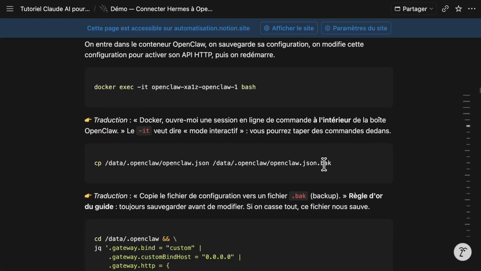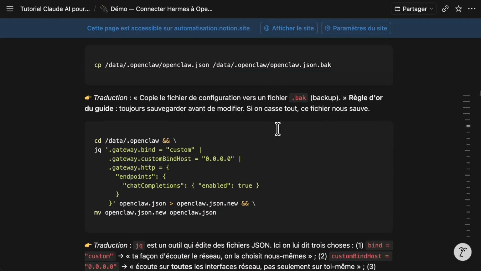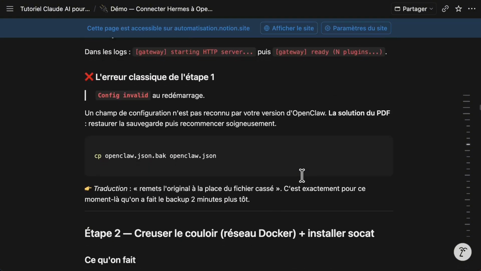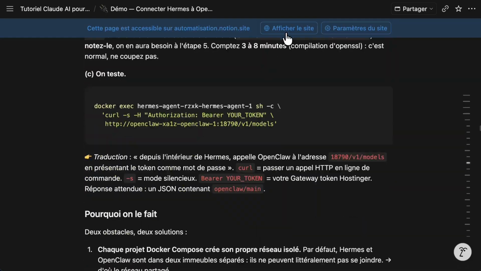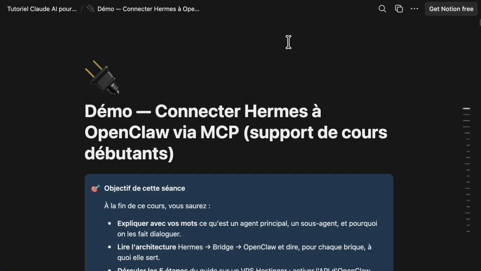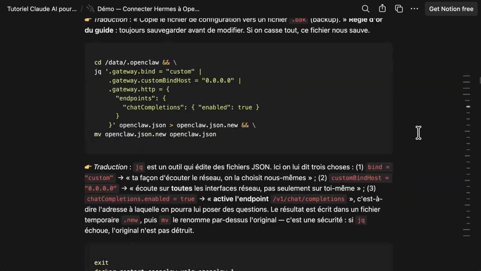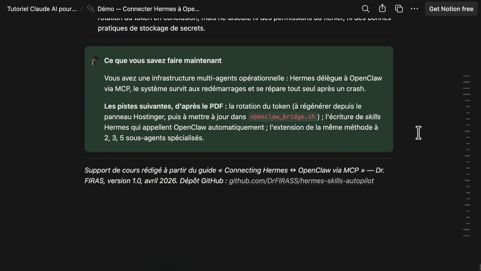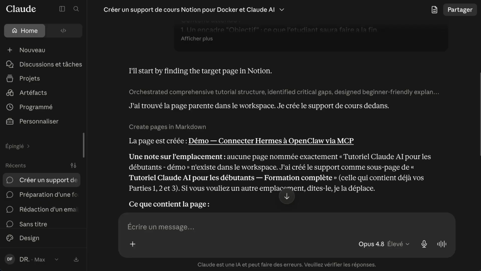I can see here that it explains everything in detail in French. That's exactly what I asked for, since the original document is in English. And what's really interesting is that I can click here to create the web page, and this one I can share with anyone, whether it's a client, students, or simply as a resource in my training. So as a result, it's really important. In fact, it's this connection between the cloud and Notion